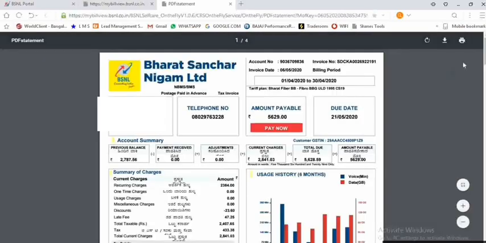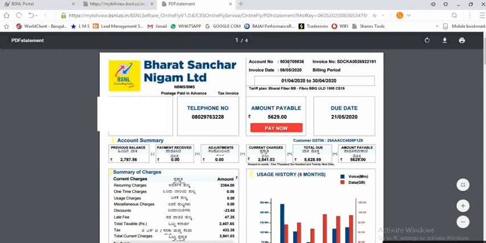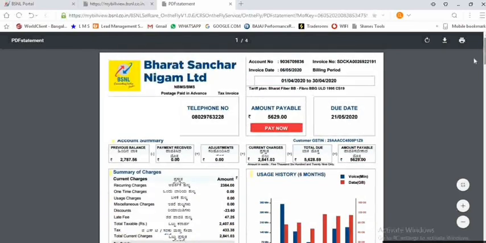Then one more window will open. We are getting the exact postpaid bill now. Here we will get our account number, invoice date, our telephone number, how much is the amount, and with the tax how much total amount we want to pay. Here also we have a pay now option.